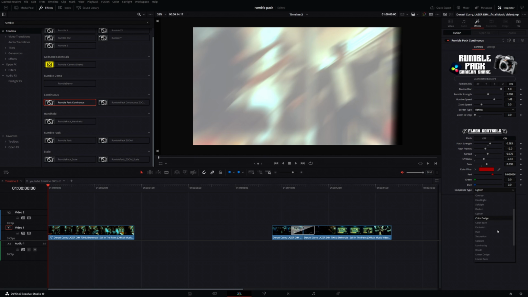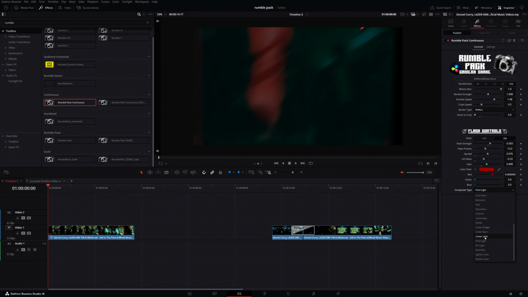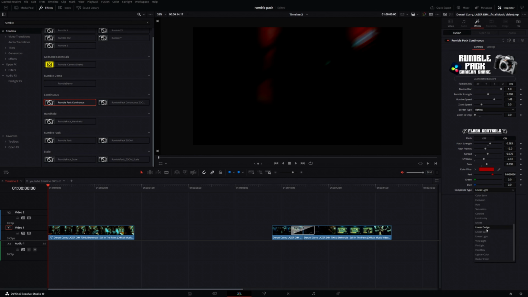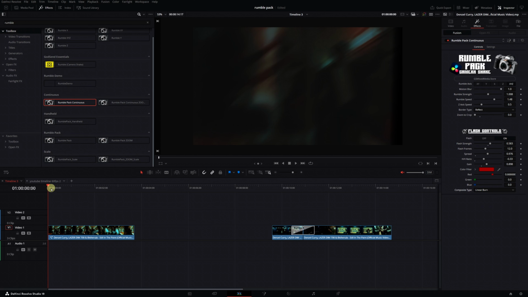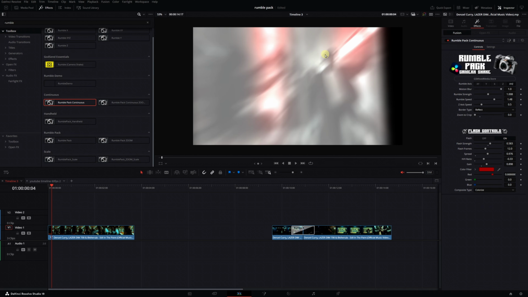You turn it to something like exclusion. It's going to give you the opposite of whatever color you selected. It's more or less like an invert. Using vivid color or linear color or linear burn gives you some unique looks. Color gives like this desaturated look, but all the luminance or the brightest values of the footage will flash